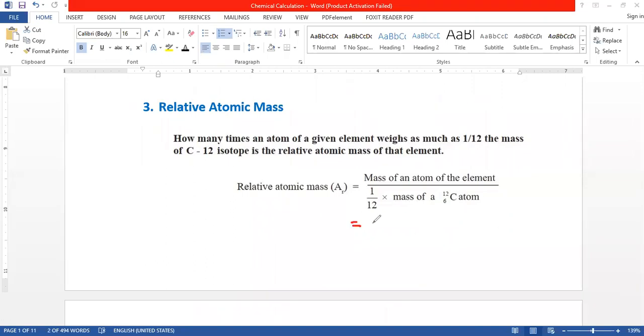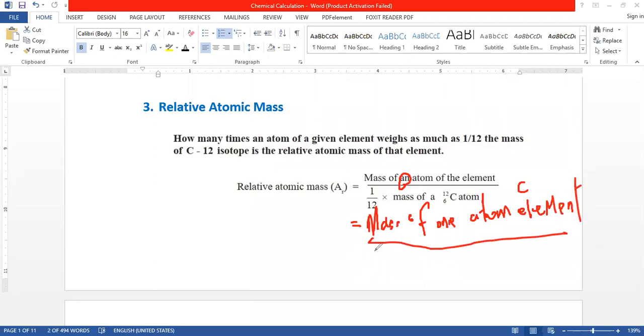Mass of one atom, n atoms; one means n, sometimes you will forget n. So you should write one atom of which element? The carbon element, so put carbon here, over